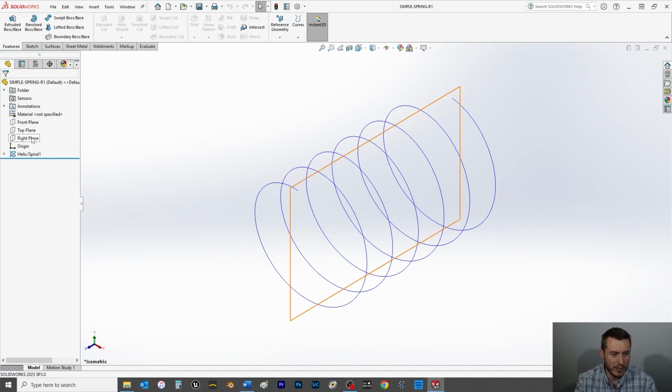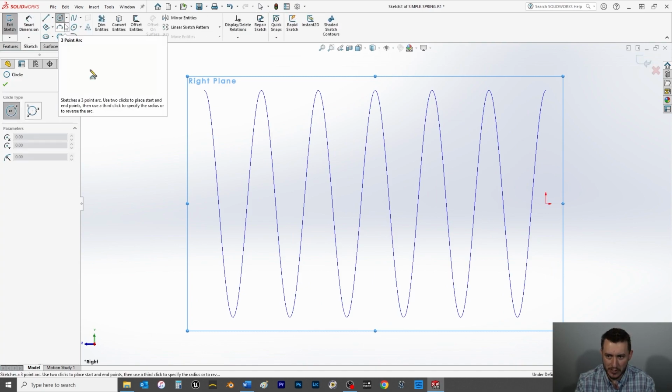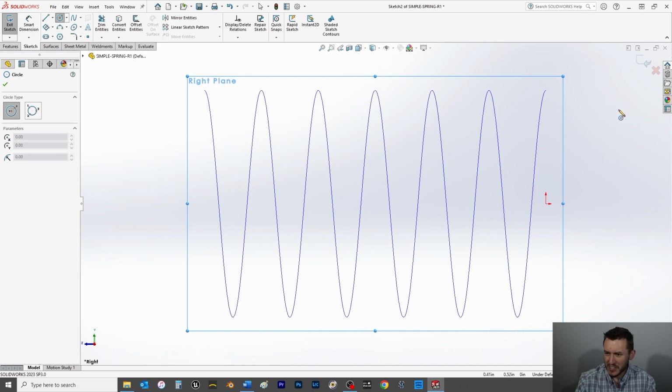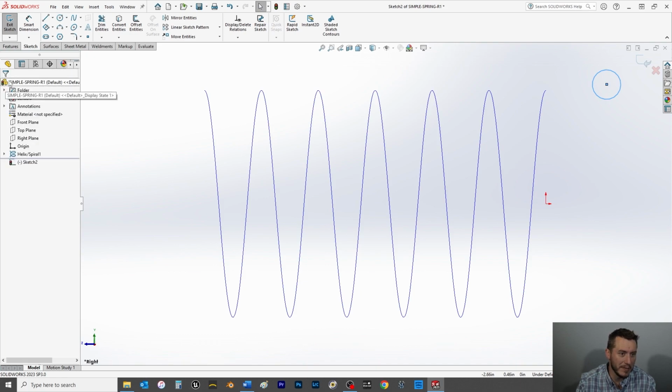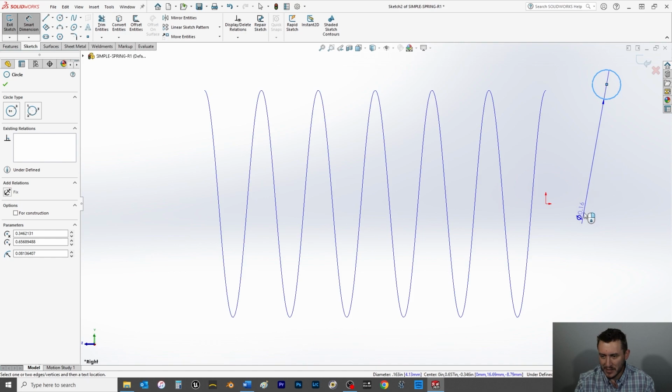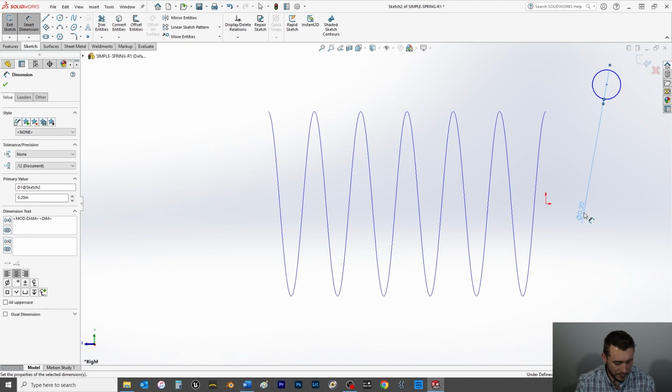So first, we're going to choose the right plane, Control 8 to bring it normal to. Then we'll come over to the Sketch tab, and we'll choose a circle. And we can sketch this circle really anywhere, but we'll just sketch it up here in the top right corner. So click, drag out. Doesn't matter the size, because of course we're going to add a dimension to it. We'll choose a smart dimension, select the circle, and choose 0.2, enter. And then from here, we'll move on to page 264, just right at the top there,